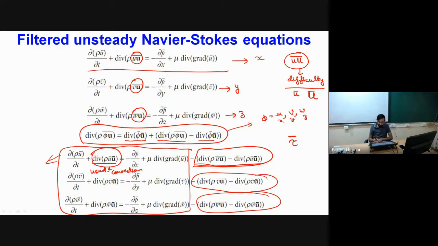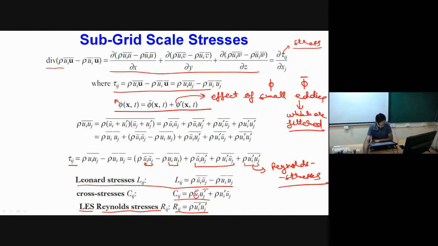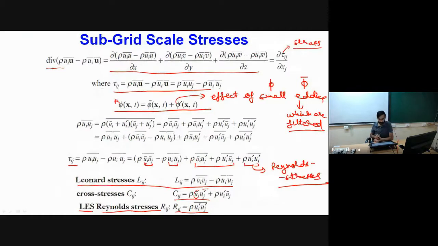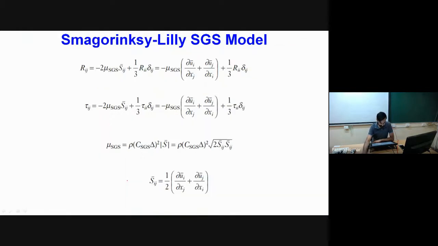However, when we have the addition of these quantities, these terms over here, this is something different from our laminar flow equation. So how to solve these, that is something we will try to see. And their overall constitution, which we have physically seen, is nothing but Leonard, Cross and Reynolds stresses. Okay, now how to find this?